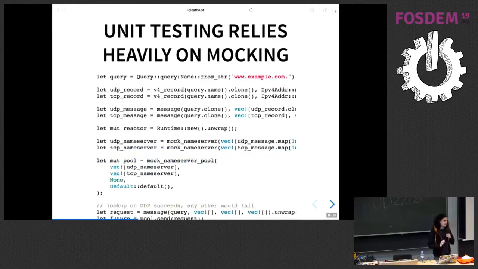It's hard to test. This is some code I've taken from Trust DNS, which is a very great project, by the way, a very great DNS implementation. And they went the way where they create a complete mock of a name server to test the client. So you have to have something that implements a server over TCP or UDP for your test. I had to do that for some HTTP stuff, and it makes the tests very non-deterministic and very hard to reproduce bugs. So it's annoying.